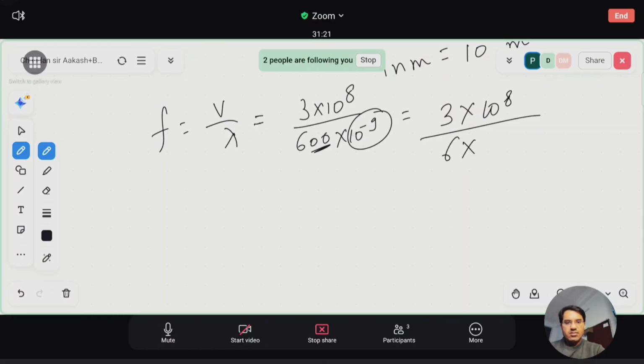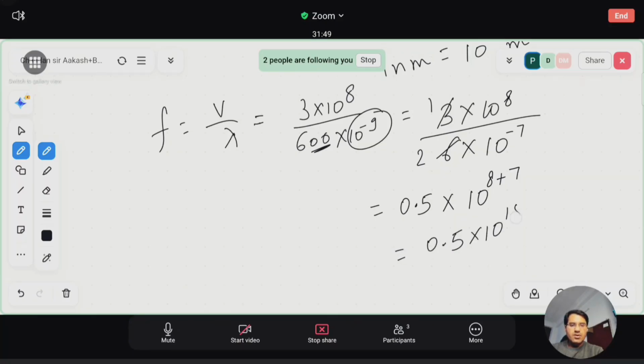So that should be balanced with this 10 to the power minus 9, and 10 to the power 2 is multiplied, so 10 to the power minus 7. So 3 by 6 becomes 0.5 because 1 by 2 after cancelling. So 1 by 2 is 0.5, and this 8 is already there, and this negative 7 is going up, so it will become again positive. So power gets added. So 0.5 into 10 to the power 15,